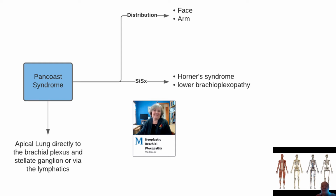This is caused by an apical lung tumor, either directly pressing up on the lower brachial plexus and the stellate ganglion, or it can be via increasing the size of the lymphatic system. But basically, the distribution is face and arm. So you'll see a Horner's syndrome in the face and a lower brachial plexopathy in the arm. Those two together really do define the